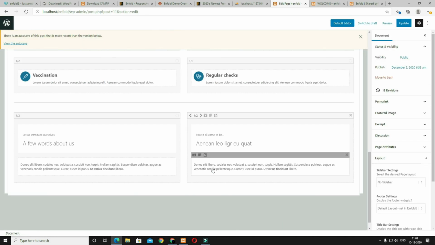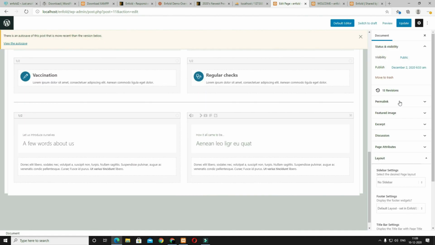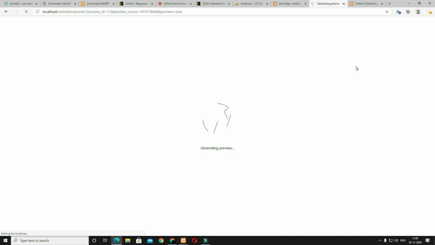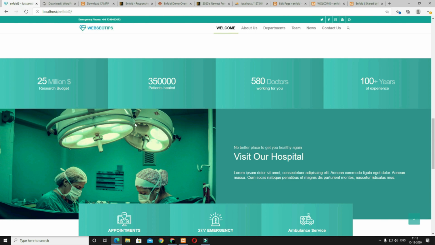So similarly, if you want to change the text block element also, you have to click in that, and after that you have to write here. Let's check the preview once. Okay, it's coming perfectly. So next, after that, I have to design these counter boxes. You can call them animated numbers also.